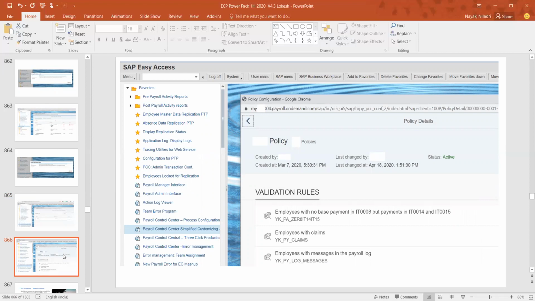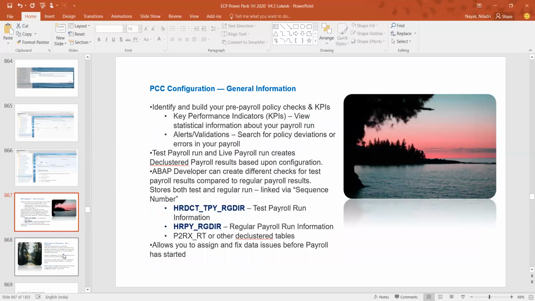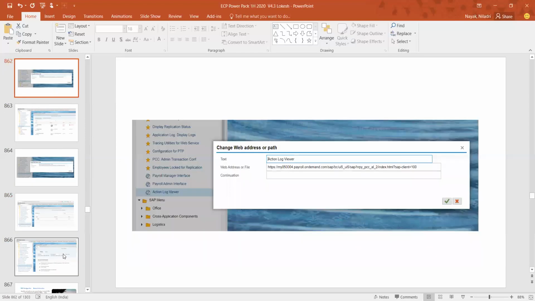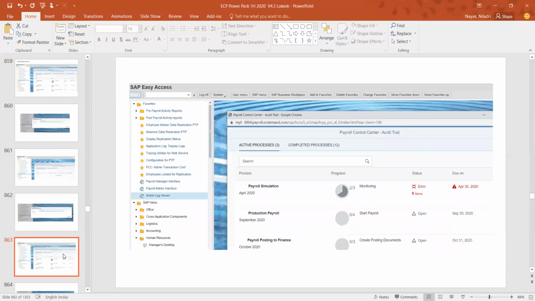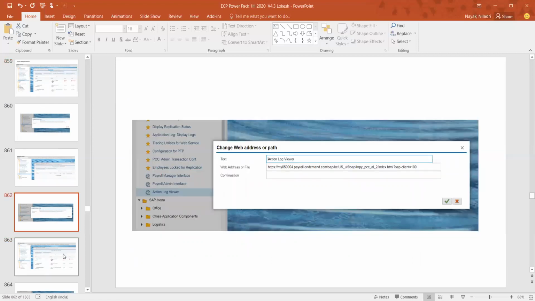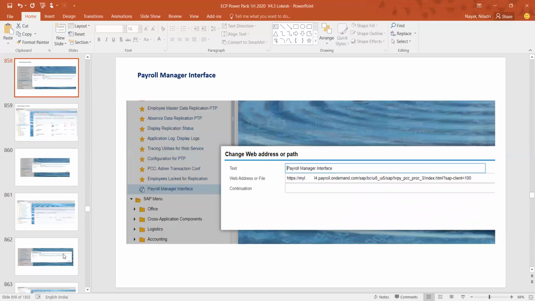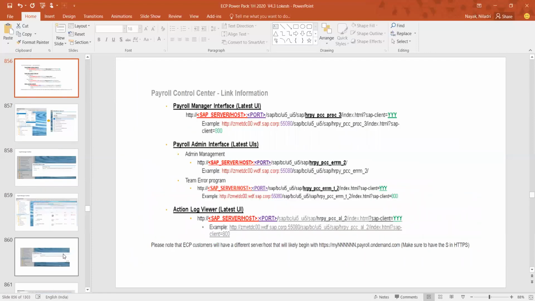Have you listed the service names somewhere? Because I saw only three: payroll manager, payroll admin, and the third one. The other service names are already in the implementation guide, which I mentioned earlier. I just thought to give an example. In this presentation I have not given everything, so only two or three service names I have given here. The entire service name list you will get in the implementation guide itself. When you say implementation guide, are you referring to the PDF which we saw yesterday?